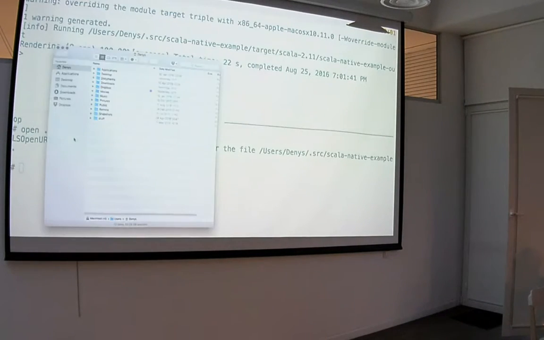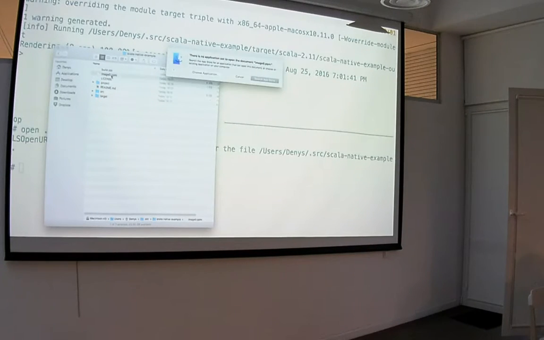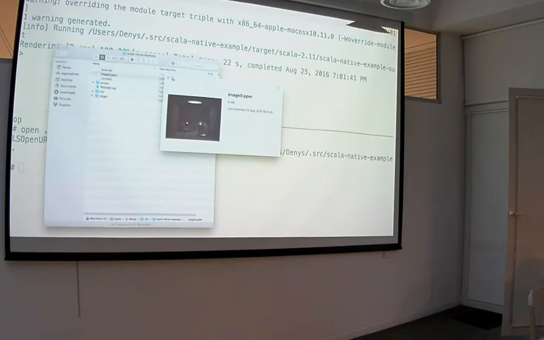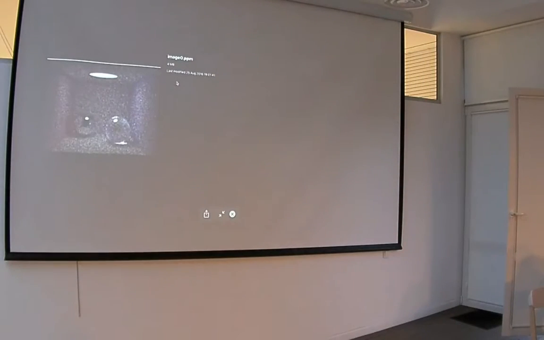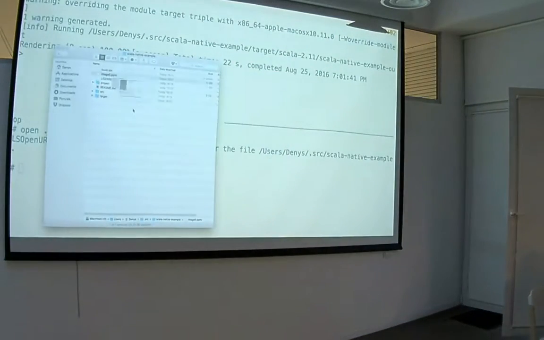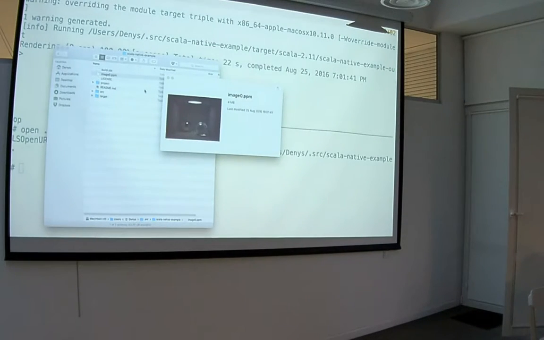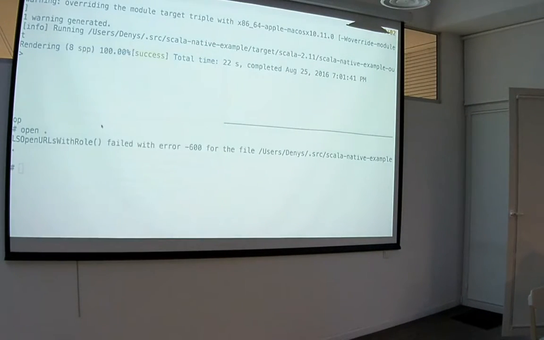And here we just run our ray tracer, and it, what? Okay. It doesn't want to open here. Okay. And it produces this image over here. So it's like a ray traced image. So it just generated some model of a 3D scene, and then it ray traced it to this image. Apparently, it can't open it in preview, but it can preview it over here.